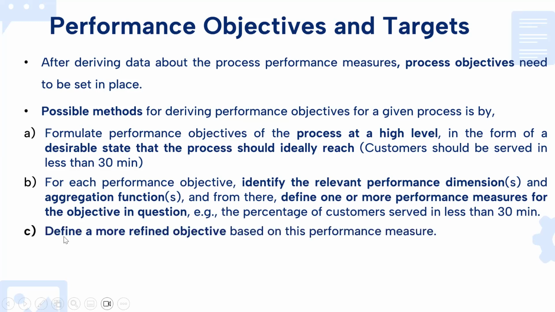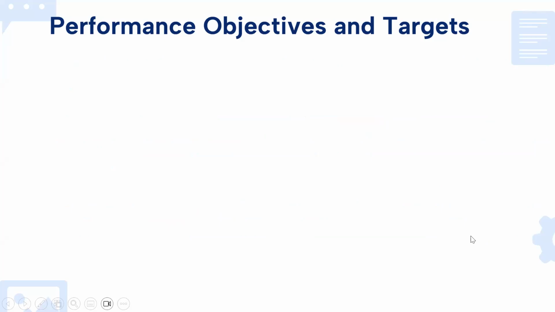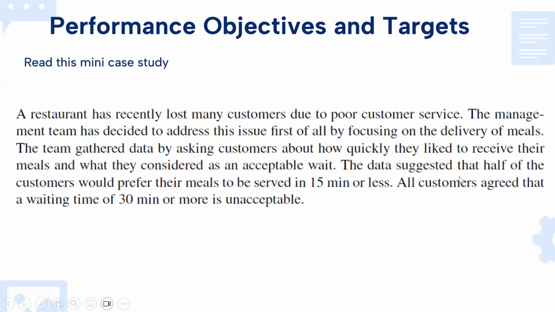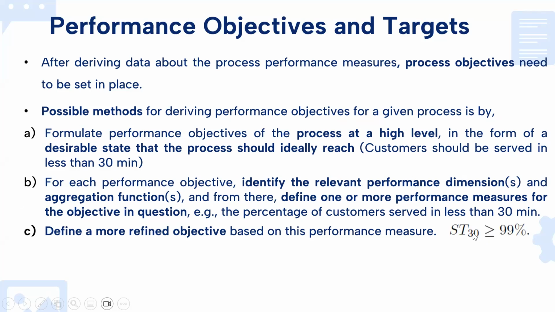And finally, we have to define a more refined objective. Using part A and part B, we have to define a more refined objective based on the performance measures that we have identified. So we can develop something like this. So this is our performance objective. Our ST could be like, what is ST? ST is the service time. ST could be the service time. Service time 30